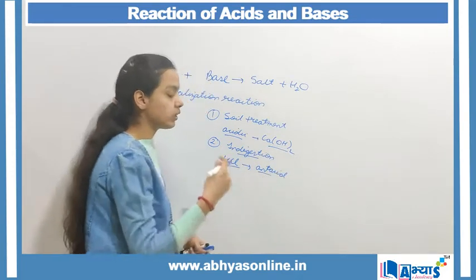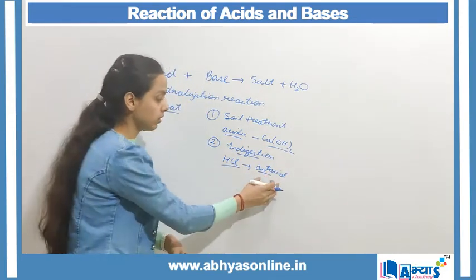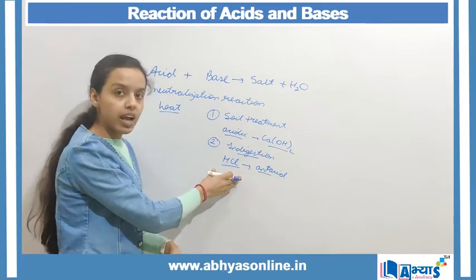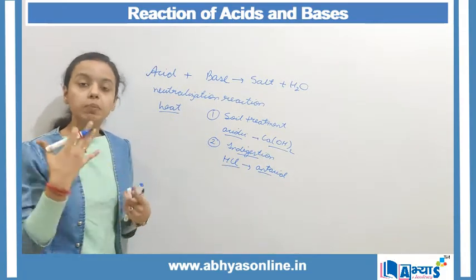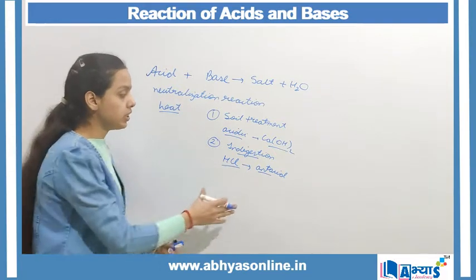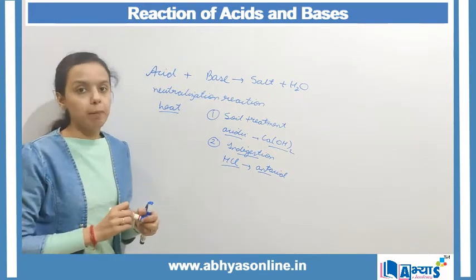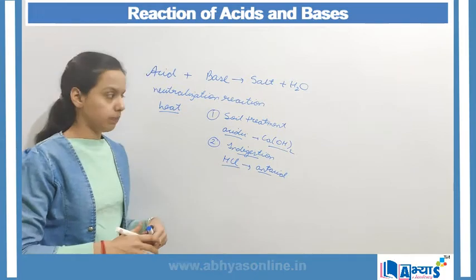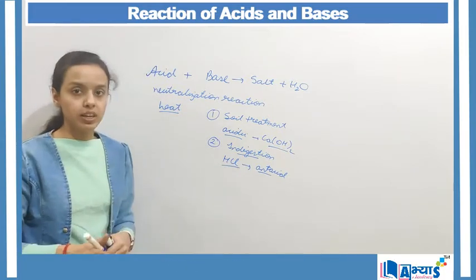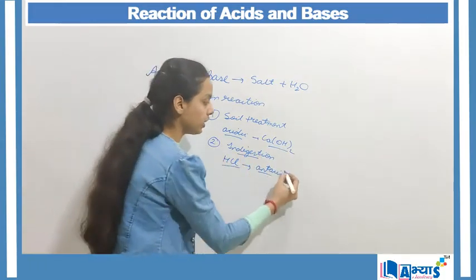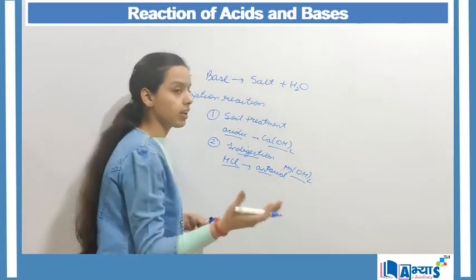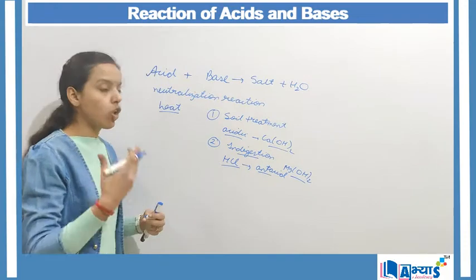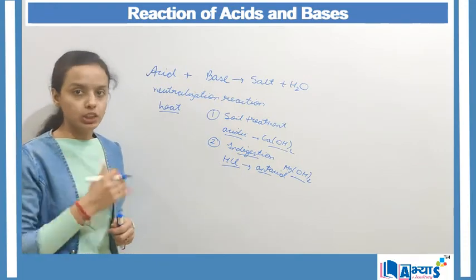This antacid is basically a base. This base reacts with the acid present in the stomach to relieve the person from the pain. Such a reaction is also an example of a neutralization reaction. Also, you must note here that generally magnesium hydroxide, that is Mg(OH) whole twice, is taken as an antacid and is commonly referred to as milk of magnesia.